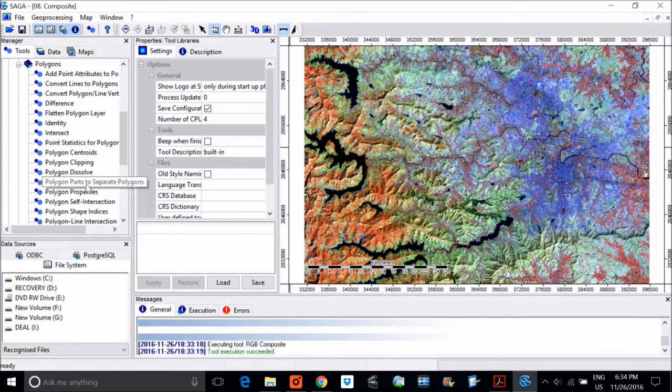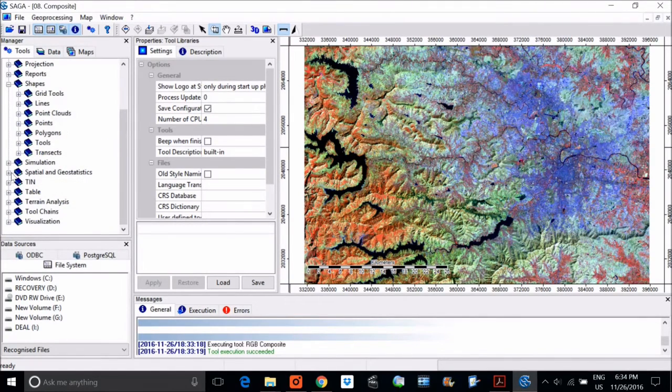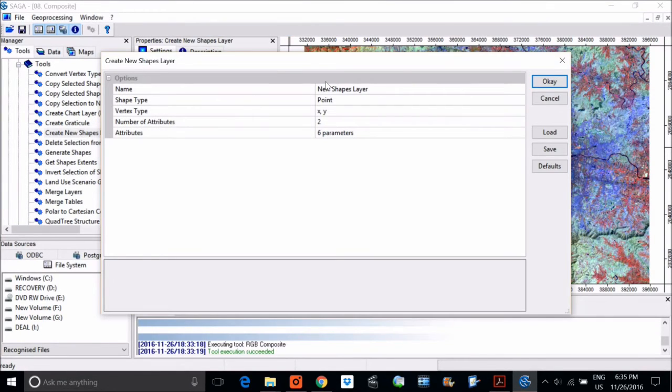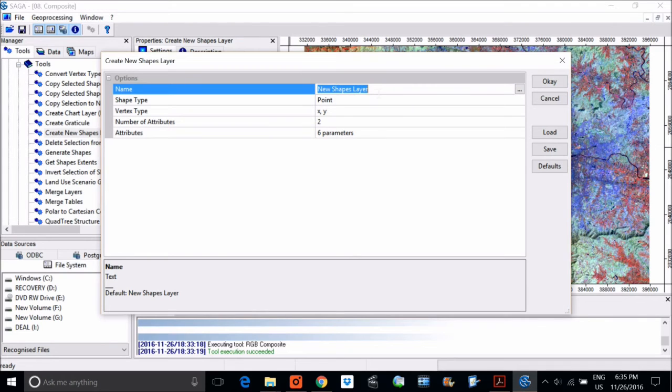Create a polygon. No, we'll go to Tools. Can we find it? Yeah. Create New Shape Layers, right? This is quite difficult to find, so you can easily type it, but this is how you can get it if you are not able to. For this, let us name the shapefile signature sample.